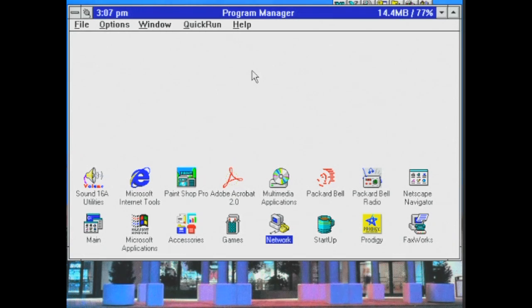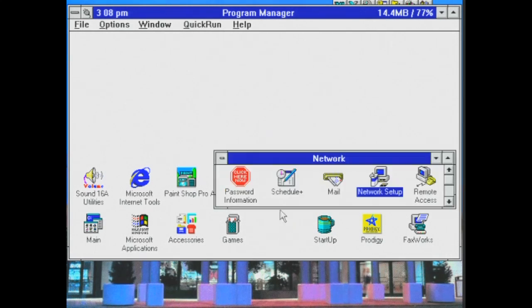So let's get started. And the computer we're going to be using today is the Packard Bell Legend 204 CD, the same computer I did that screenshot from. This computer is, as you know, a 486DX2 running at 66 megahertz and 8 megabytes of RAM. So this is quite a low-powered system for web browsing, but it is very much possible, albeit very, very minimal. And to do this, what I've done on this computer is we'll go to the network group here,